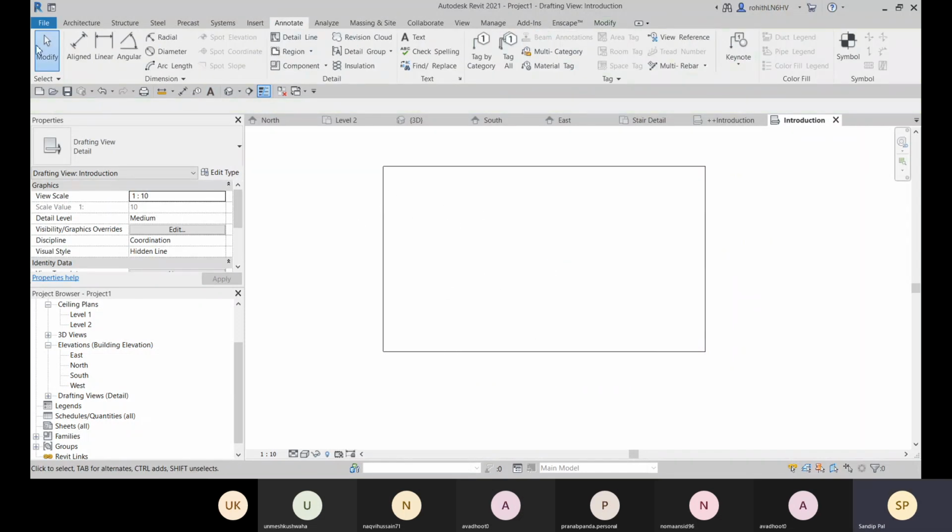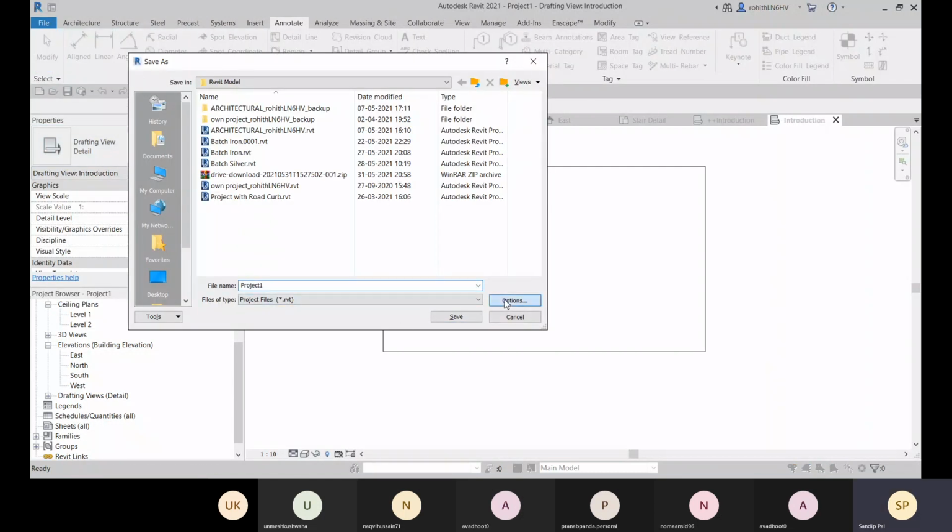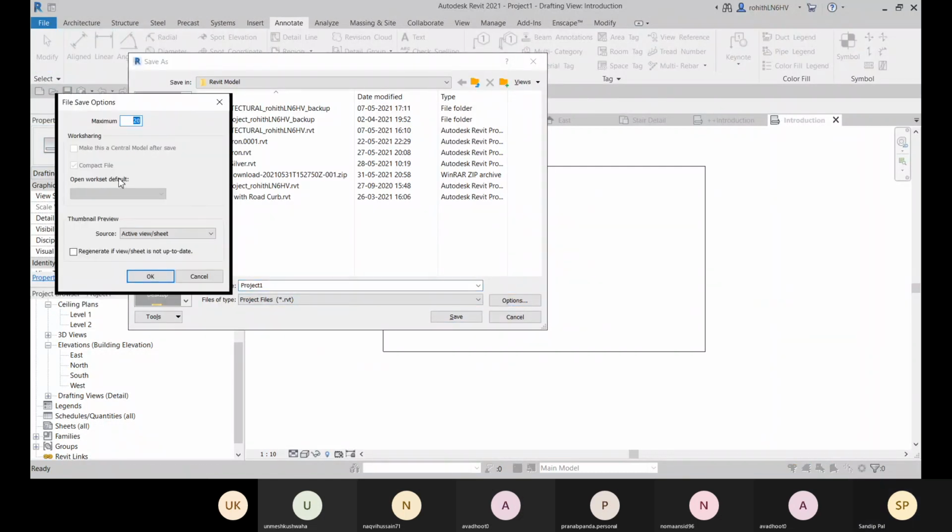And then while saving it, you have this option, and here you can go for its thumbnail preview. For the thumbnail preview also, you can mention this drafting view introduction, so this introduction page will be highlighted.